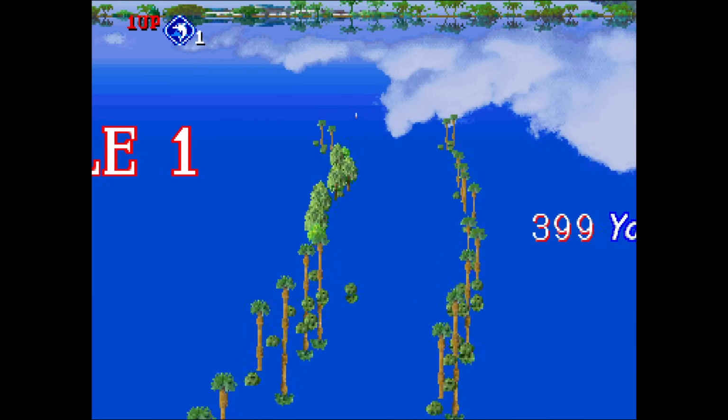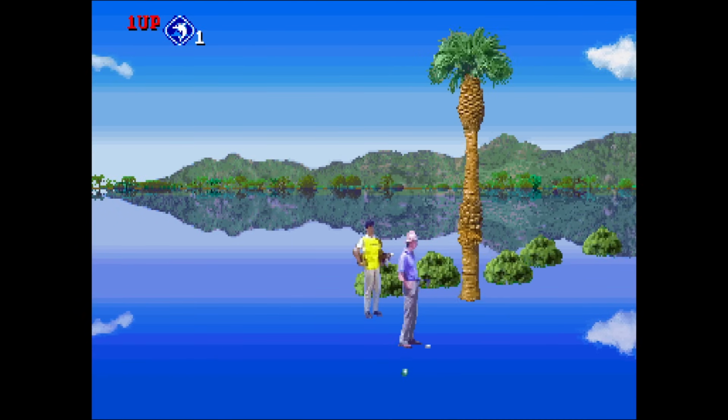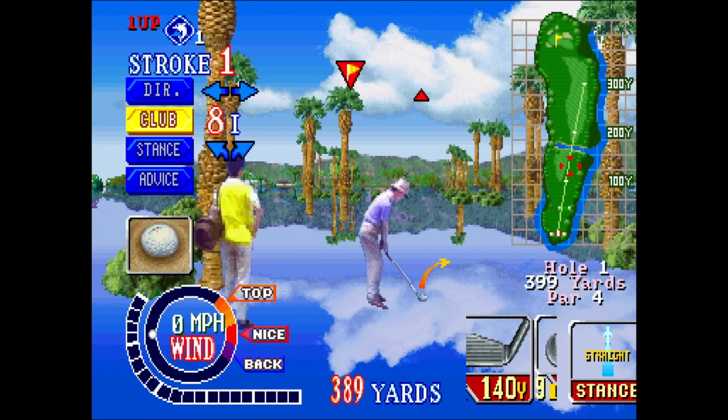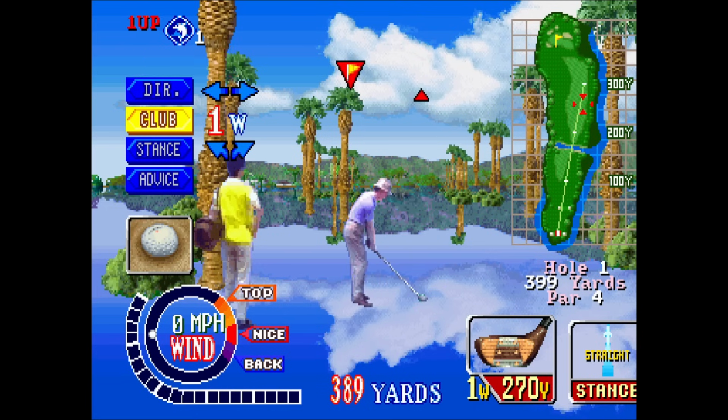This is an awesome soundtrack, but let's move into another game that has the exact same problem that Racing Force does. This is Konami Open Classic. It is a golf game, very similar to something like Neo Turf Masters, but I have played this in the arcades, and trust me, Neo Turf Masters will never lose the crown when it comes to best golfing arcade game of all time. But this one is fun, but you'll see here, you are missing the ground layer again,